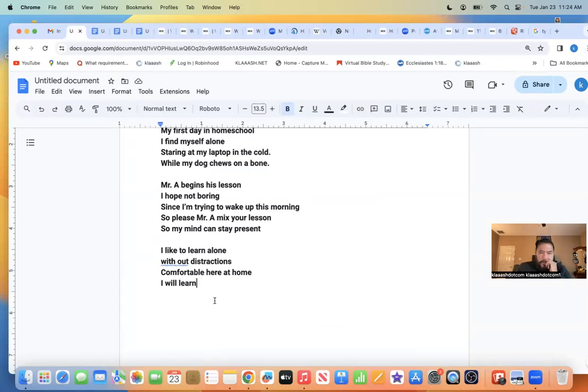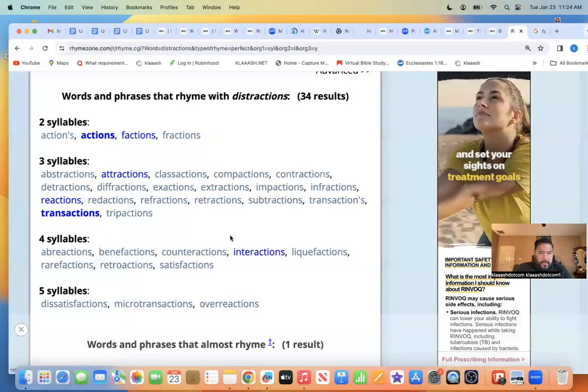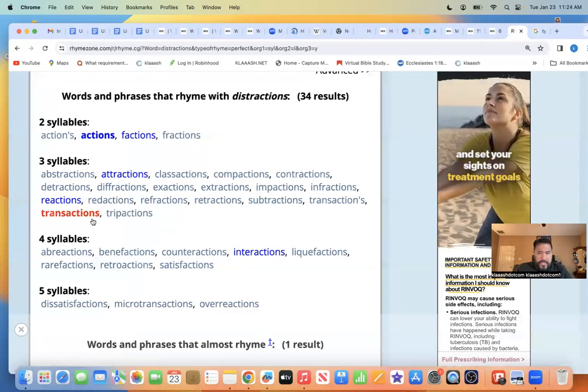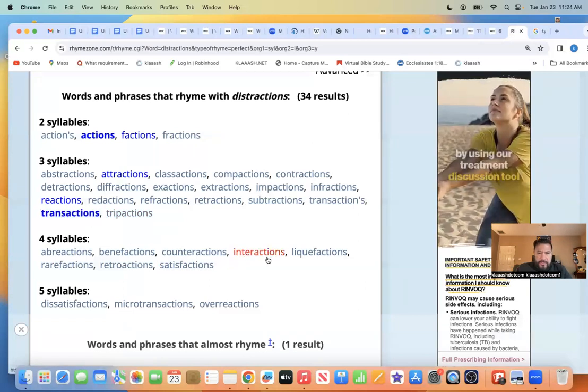I like to learn alone without distractions. Comfortable here at home, even though I still miss my classmates' reactions. Okay, that would be one. Reactions, transactions, interactions.